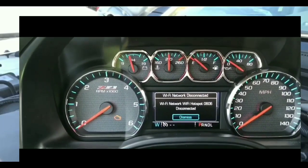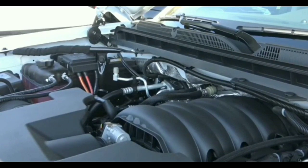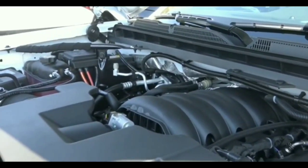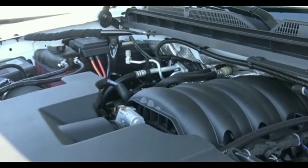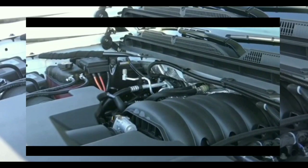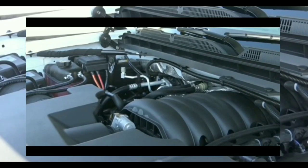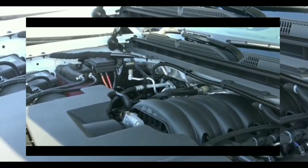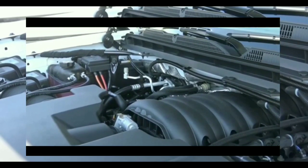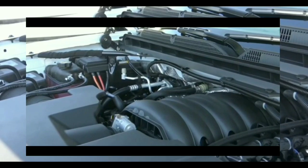The reason being is that, at some point when I tried to jump the car, if it was the alternator that was the issue, the truck should have just jumped. It should have just turned on with a slow crank or anything. Something would have turned on, and once I took the cables off, it would have just died out. But that wasn't the case here. I got nothing except for a click. So I was like,